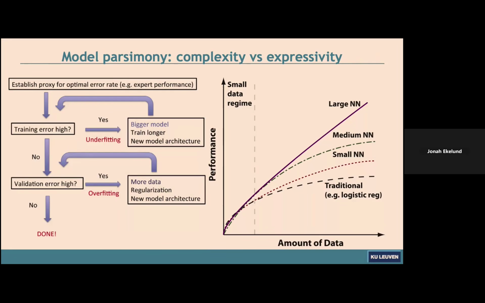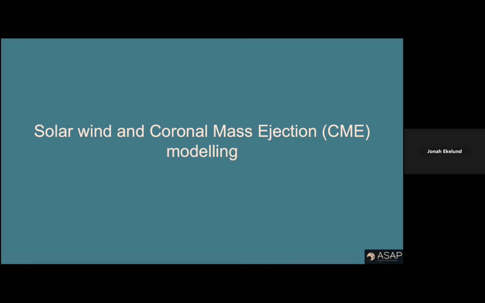And this, I didn't put the reference. There's a very nice review article called High Bias, Low Variance, Low Bias, High Variance: An Introduction to Machine Learning for Physicists, which has these kinds of recipes, what one has to do when, for example, even optimizing the neural network architectures. But for any method, I'm not going to go into it, but I can provide this or just the link later. So now I'm going to jump into the solar wind and coronal mass ejection modeling.